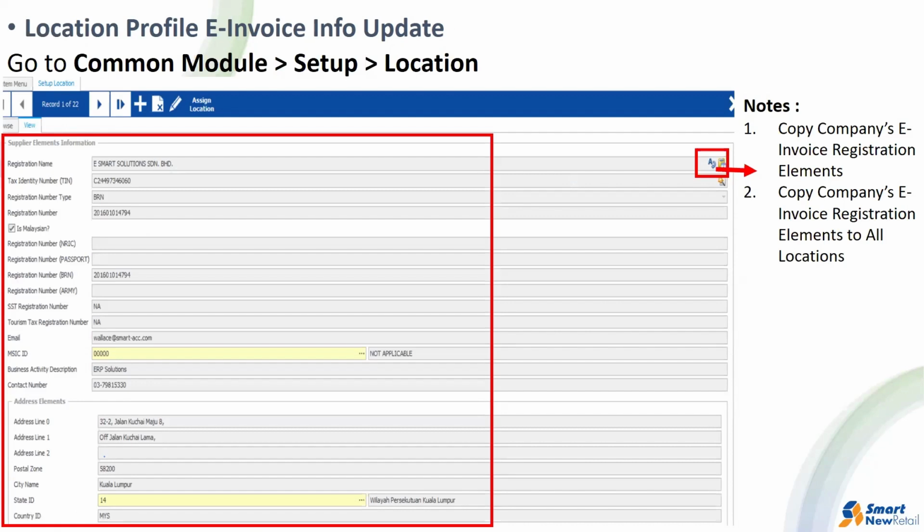Next, we'll need to set up the location. So for location, normally the information will be the same as the company. Okay, so in case it's the same, so you can see at the right here,